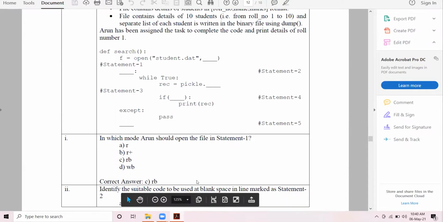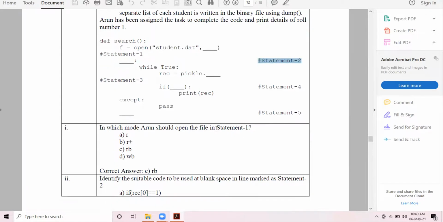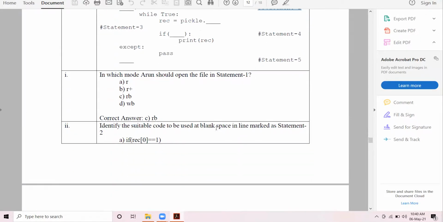Now we have to identify the suitable code to be used at the blank space in the line marked as statement 2. Okay, which of these will be the appropriate statement?